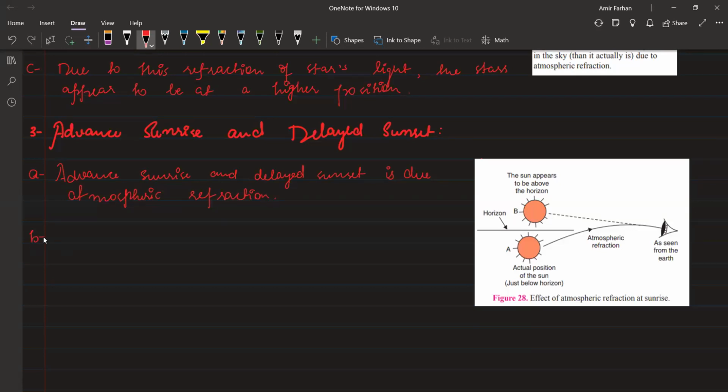Second point is, when the sunlight is below the horizon, the sunlight coming from dense air is refracted